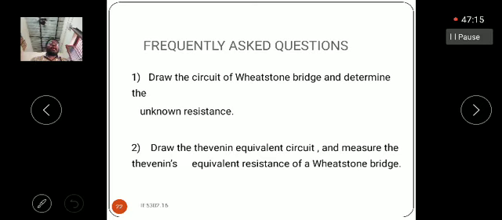That means the three are connected in a series circuit: the Thevenin's voltage in series with the Thevenin's equivalent resistor, in series with the load. So we form a circuit with only three parameters: the Thevenin's voltage, the Thevenin's resistor, and the galvanometer resistor, which is the load resistor. These three are connected in series.